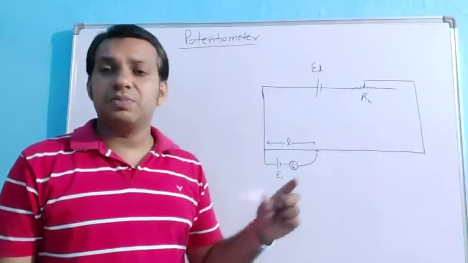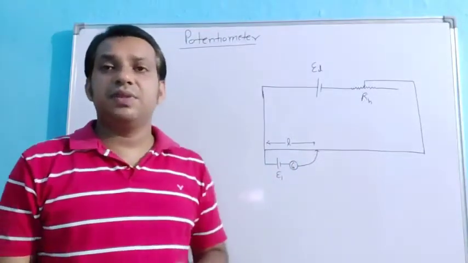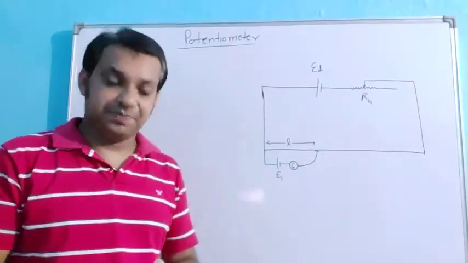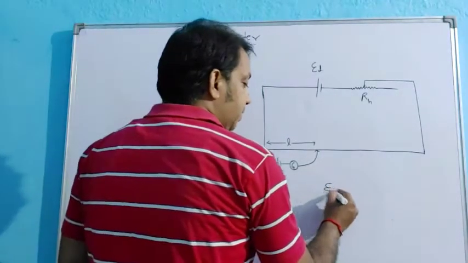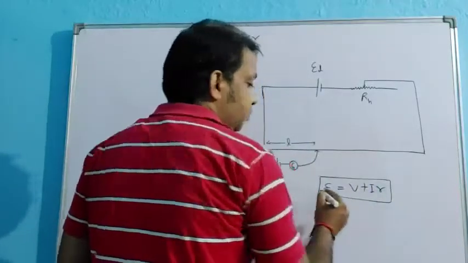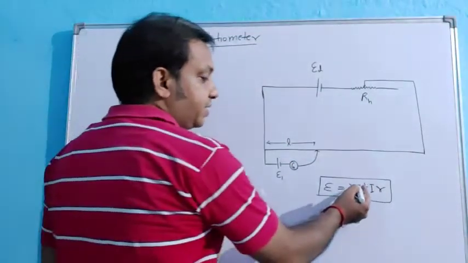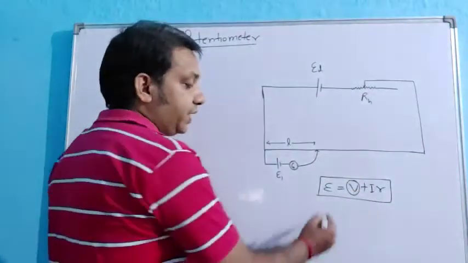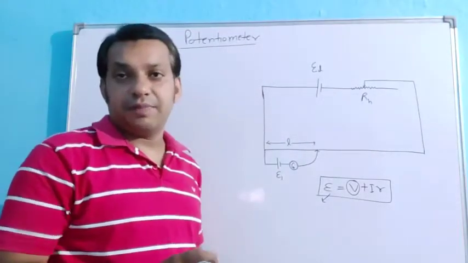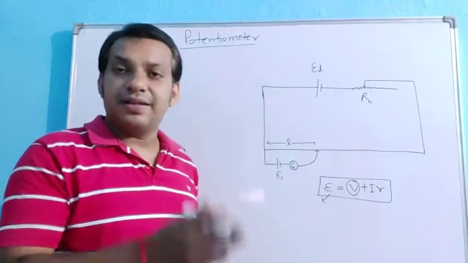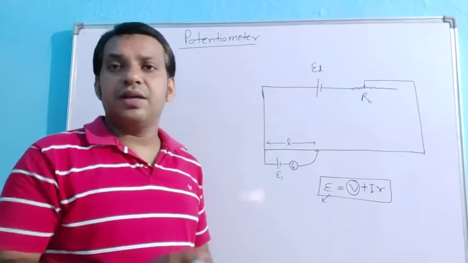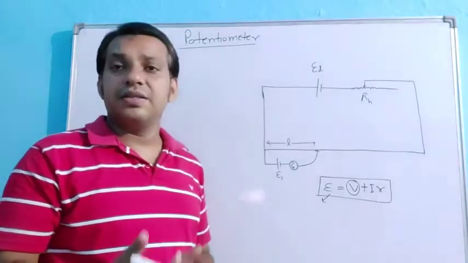Already I explained why we prefer the potentiometer. We already have the voltmeter to measure the potential difference. But when you measure with the voltmeter, it gives the terminal voltage. It is not giving the EMF of the cell. That means the EMF of the cell is terminal voltage plus I into small r. So if you measure with the voltmeter, you get this value, not the EMF of the cell. Because when you measure with the voltmeter, a current flows throughout the whole circuit, and that is why the ions are moving inside the electrolyte.